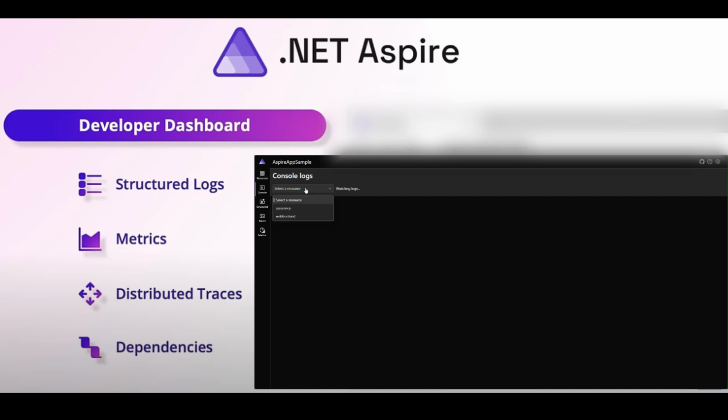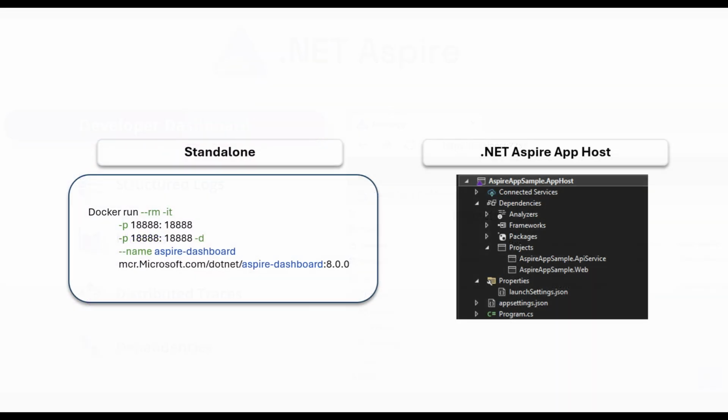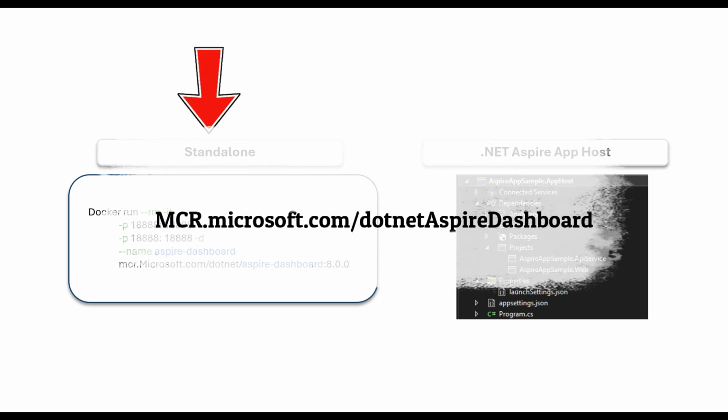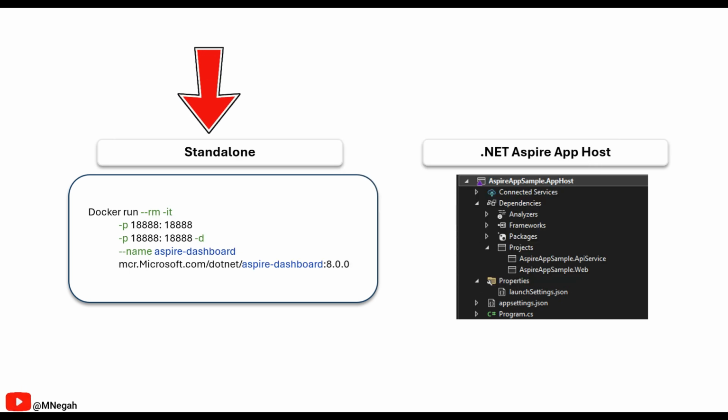You can integrate the dashboard into your own projects in a couple of ways. If you want to run it as a standalone process, it's available as a container. You can find it at mcr.microsoft.com/dotnet/aspire-dashboard, and you are welcome to run the container using Docker or Podman, launching it however you'd like. You can run it on your developer station, a home server, a Raspberry Pi, or a big server in the data center at your office. All of this is open source and anyone can connect to and use the dashboard along with the resources it makes available.